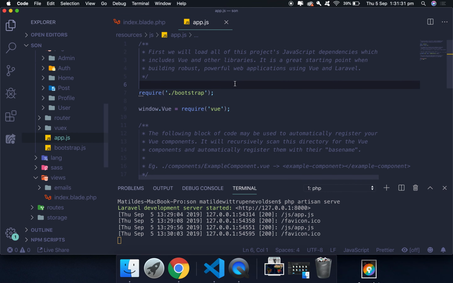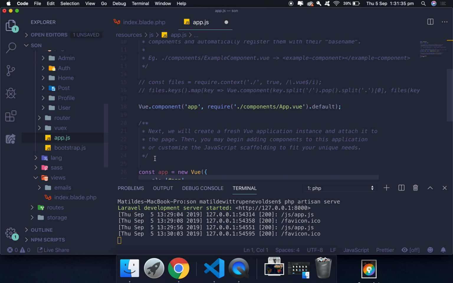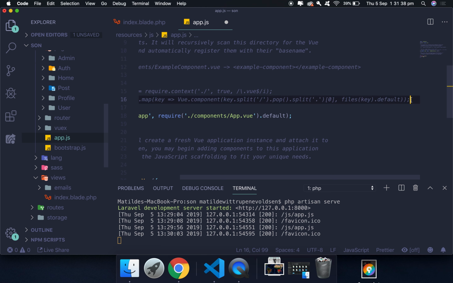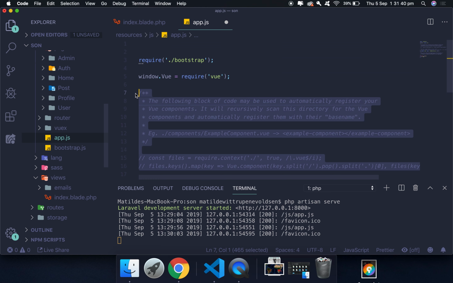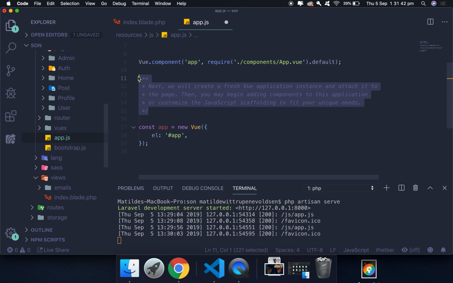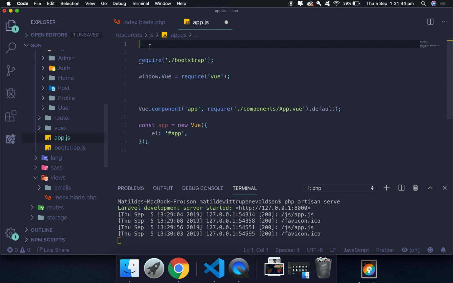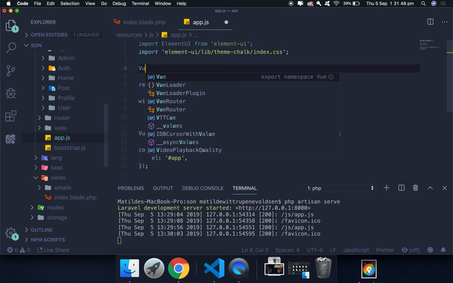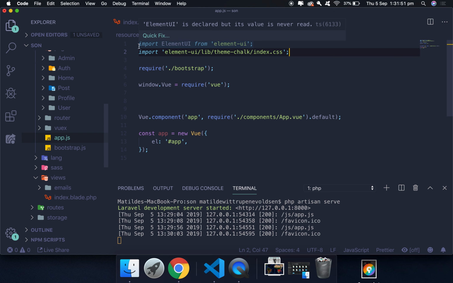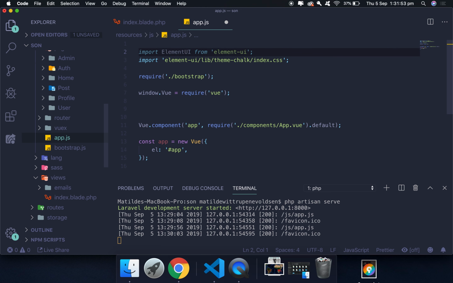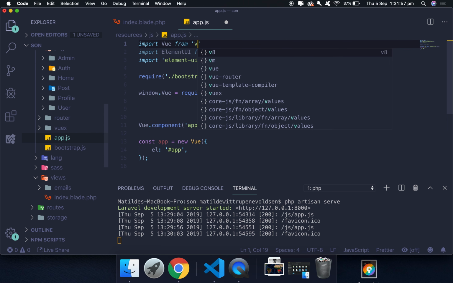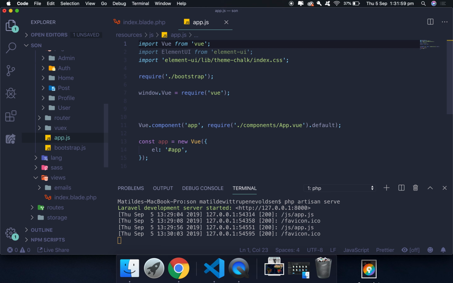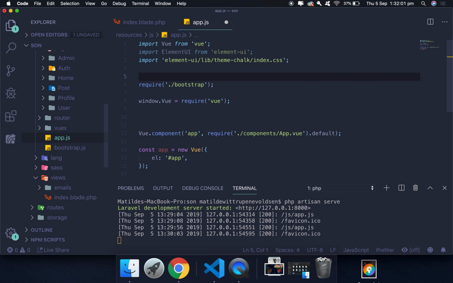Alright, so in this quick video we are just going to sort out a few things inside the app.js file, and what we're going to do here is get rid of all of the comments, and we are also going to go up here and put in the necessary imports for the application to have the UI in there. So we are also going to import Vue from Vue. And beside that, we just want to have one more thing, and that is going to be